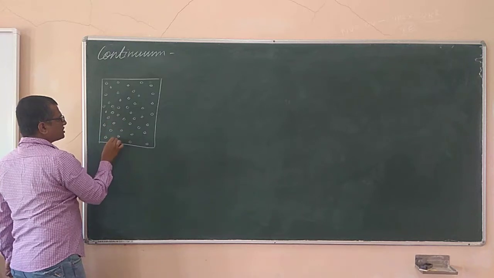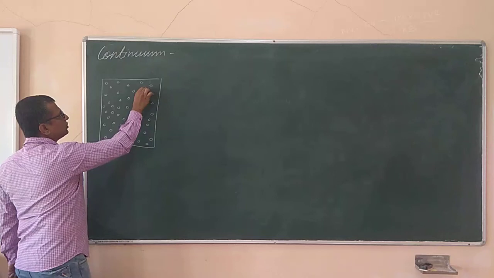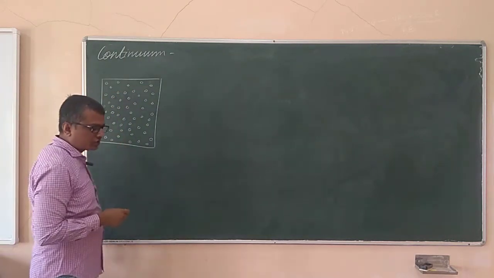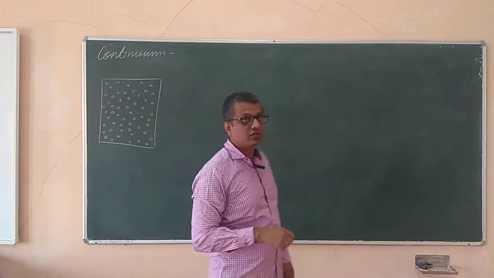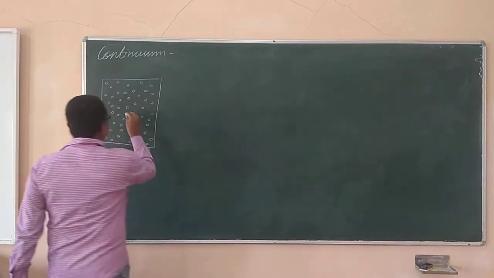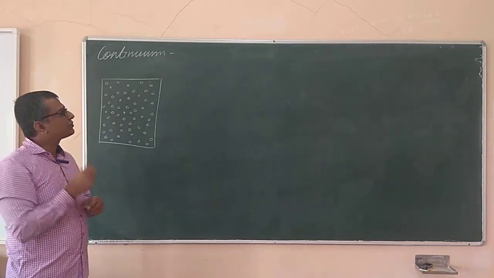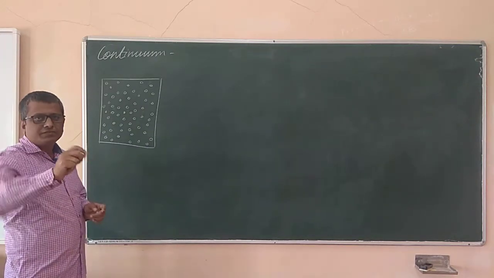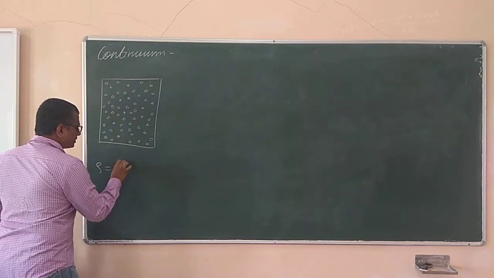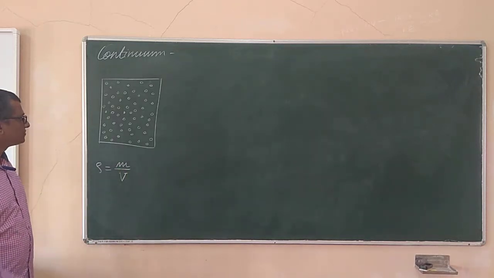So here there are a large number of molecules. How large? Maybe in the billions, trillions. Don't know. If there is 1 mole of a gas, then there will be about 6.022 times 10 to the power 23 molecules present in 1 mole of a gas. Now for this particular gas, if I try to get one physical property like density, how is density defined? The term density is nothing but the mass per unit volume. That's the definition of the mass density we have already seen.